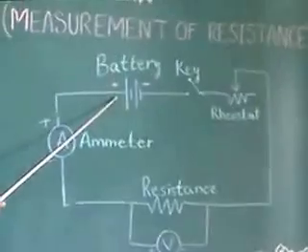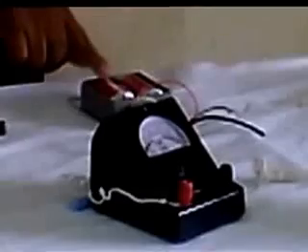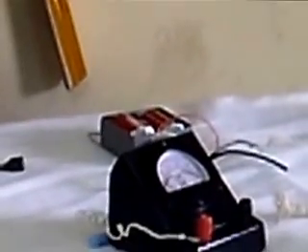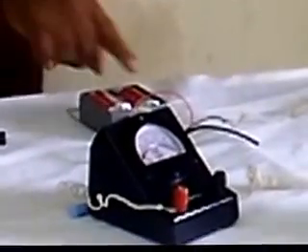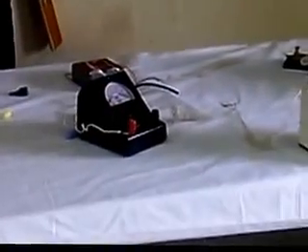First, battery positive to ammeter. This is the battery. This is positive, red color, right? Today there is no power, so we are now taking up a DC battery. Yesterday we had taken the battery eliminator. Today we are taking up this one. The red color means the positive one. Positive is going to the ammeter positive here like this.